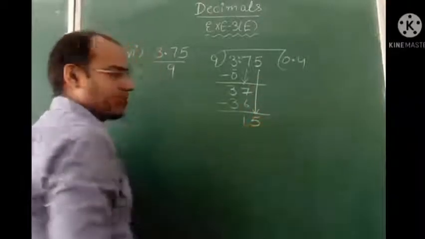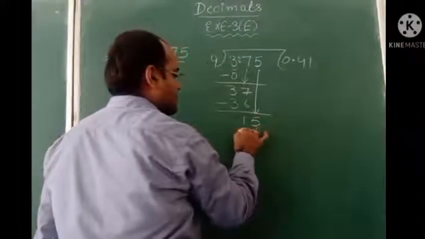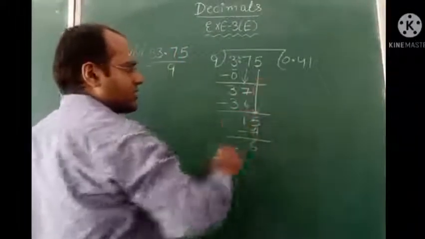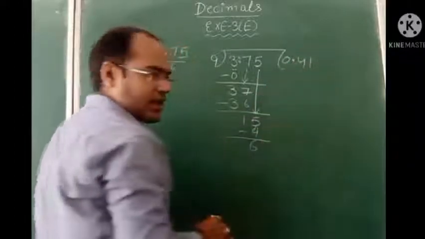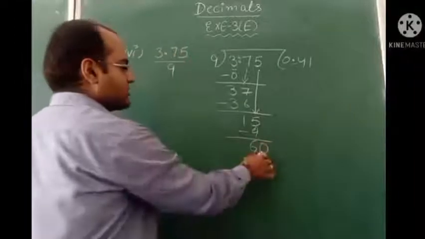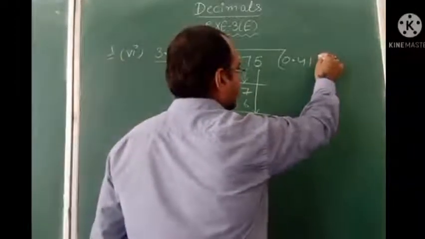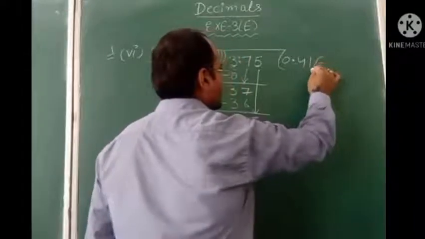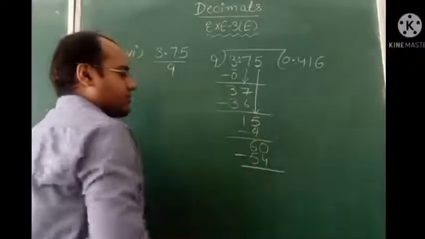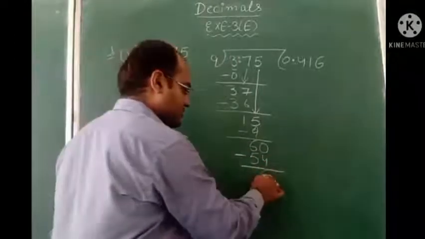So this will become 15. 9 1 ja 9. On subtracting it, remainder will be 6. Here decimal we are already having in the answer, so we will add here 1 0. Now this is 60. 9 table we will read. 9 7 ja 63. 9 6 ja we will take. 9 6 ja 54. After that, here we are getting again remainder 6.